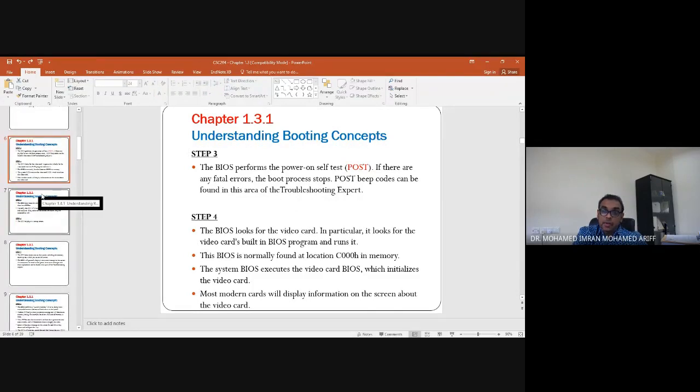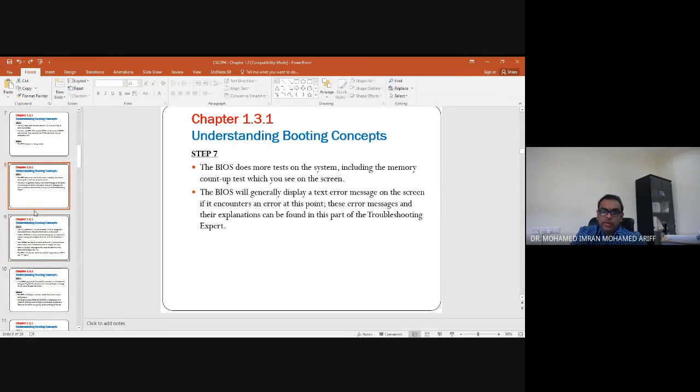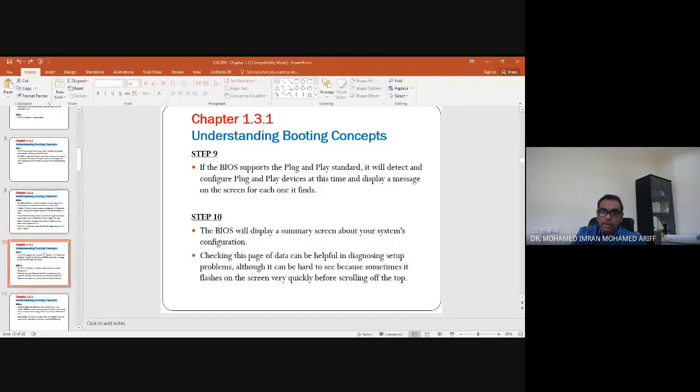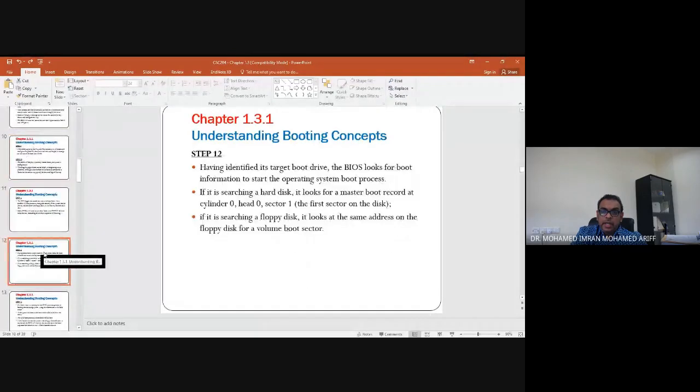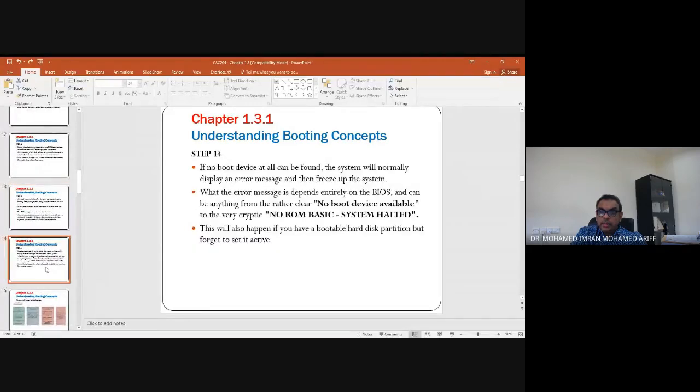If there's any problem, nanti dia akan keluar a certain sound or beep. Okay, next. So all of this it will do lah one by one. You can read on this. Okay, next we have to understand. So these are the steps. Dia ada macam-macam step lah.